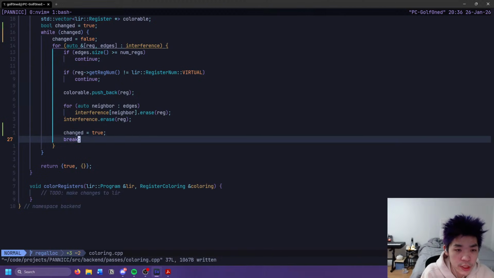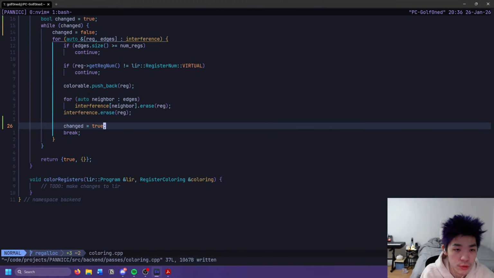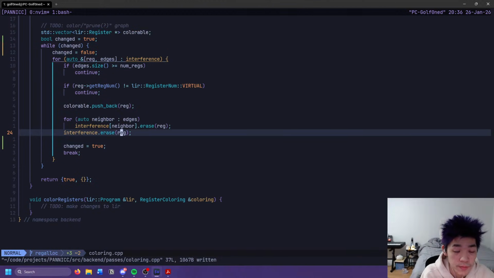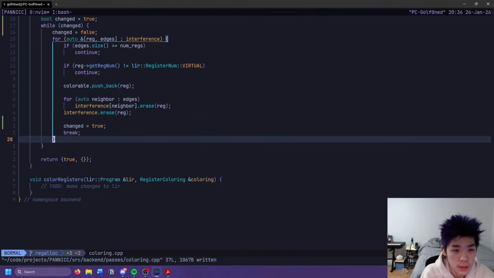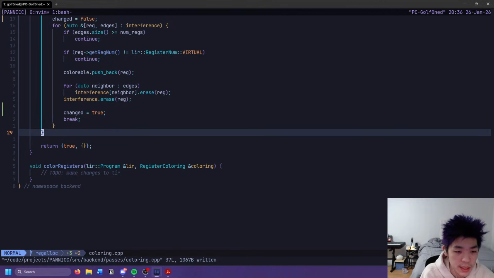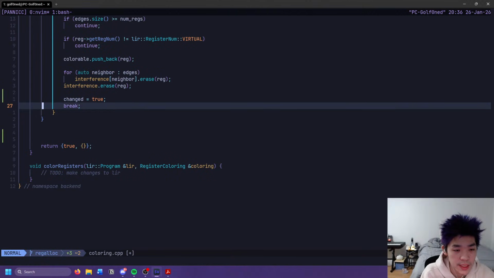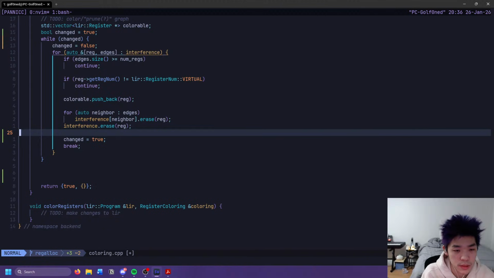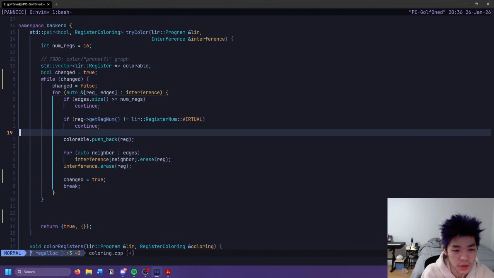Okay, so now we set changed to true. This is fine. Okay, so now at this point the rest of this graph might not be colorable.